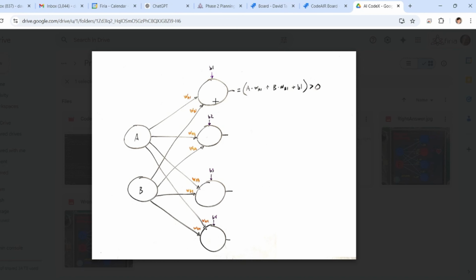So for example, for this particular neuron to fire, the A button, whether it's 1 or 0, you take that and multiply it by the weight of A for the first output neuron. We called it weight A1, plus the B button times weight B1, plus the bias 1, which is for the first output neuron we're looking at. So A times this weight, B times that weight, plus the bias. If that's more than 0, that neuron's going to fire. Same thing for all these neurons. So every time we do this inference in the neural network and check to see, for an A and B combination, which output neuron or neurons fire, we're just running that equation for each of the output neurons and seeing which one fires.